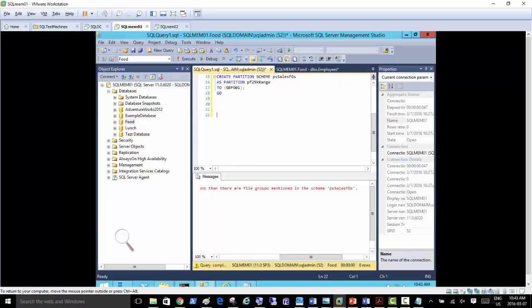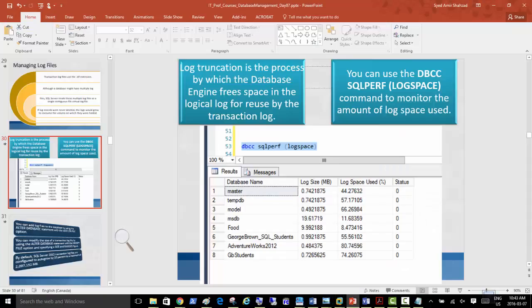If I go down here and put this command there, DBCC SQLPERF(LOGSPACE), you would see the information about all the databases: the size of the database's log, and the log space used by the log file in each database.